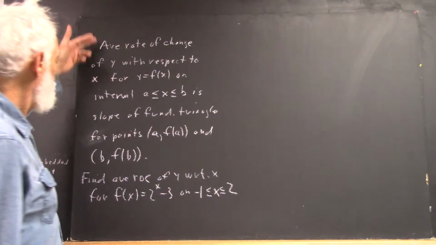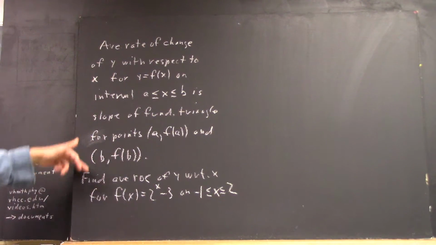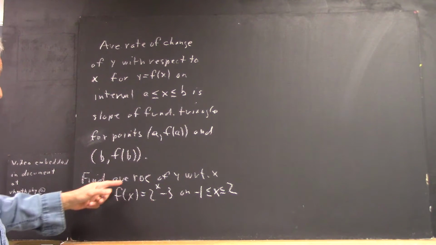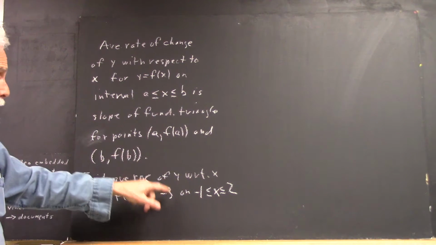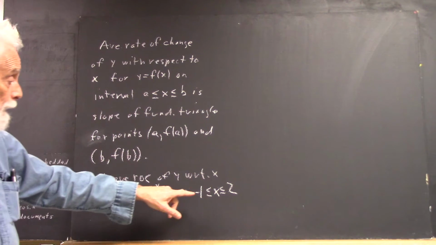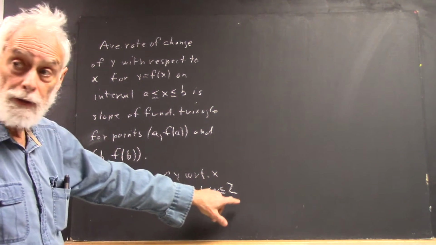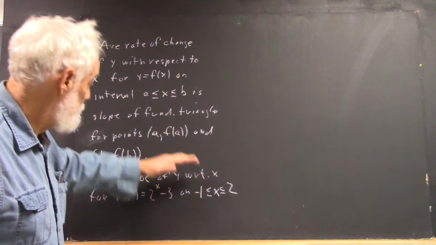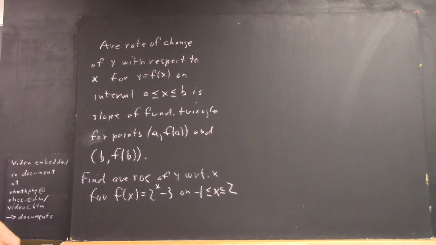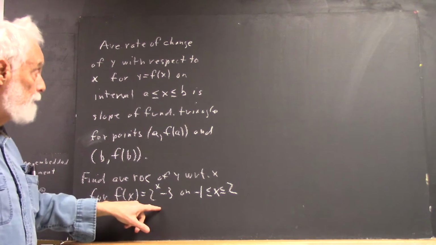Okay, here we have the definition of average rate of change. And here we have a problem. It says find the average rate of change of y with respect to x for f of x equals 2 to the x minus 3 on the interval -1 less than or equal to x less than or equal to 2, right? So we compare this with the definition and we see that, well, here's f of x,